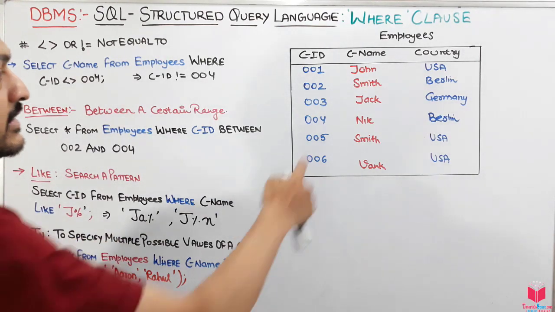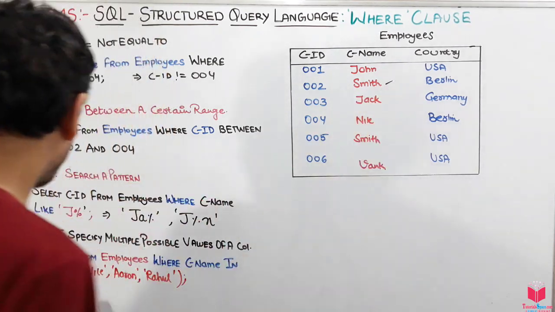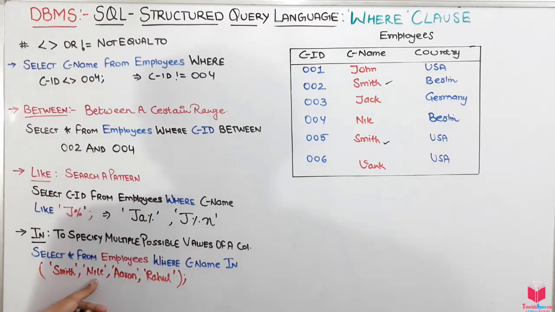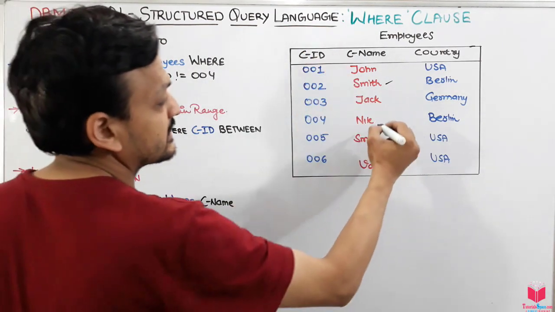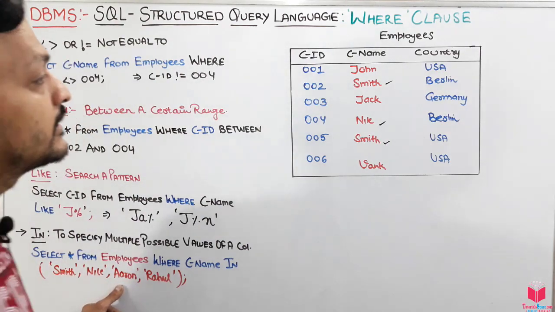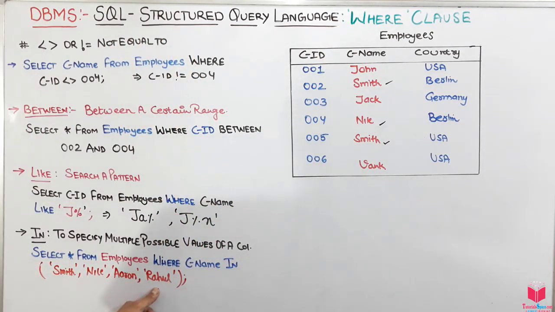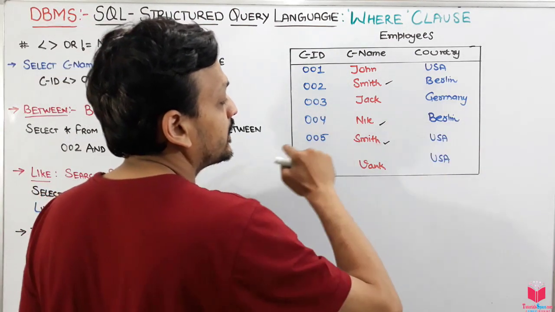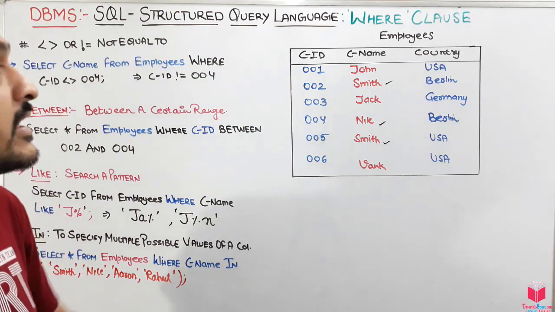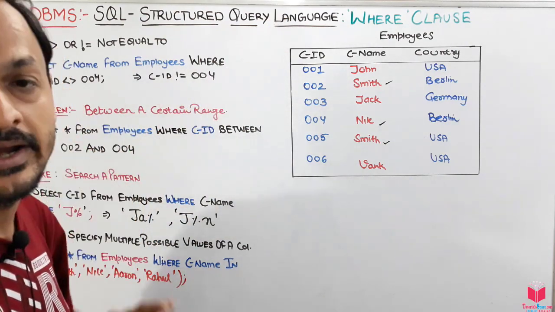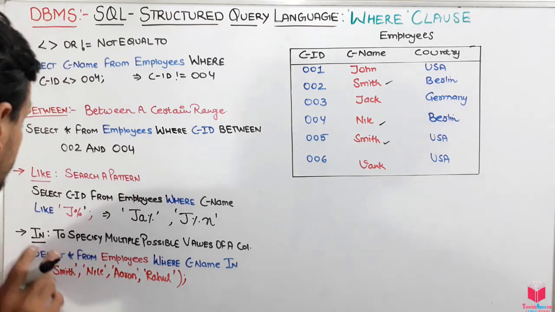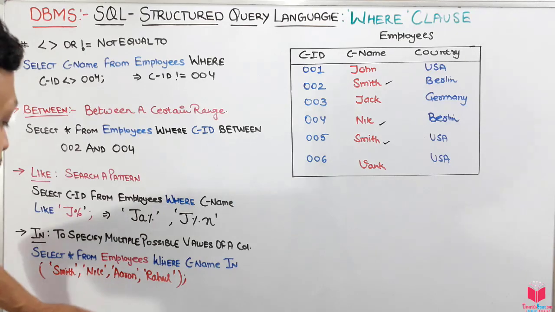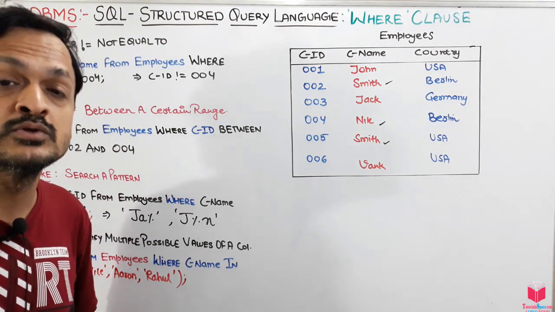So where is Smith? Yes, it exists here, Smith. After that, Neil, is there any? Yes, there is one more Smith. Okay, then it will check for Neil. Is there any Neil? Yes, there is a Neil. After that, Aaron, no Aaron comes out. Then Rahul, no Rahul exists. So it will give us only these three rows. Okay, it will skip John, Jack and the bank because they have not been included in this particular IN condition. Okay guys, so this is basically used where we have multiple values or multiple choices for a particular field.